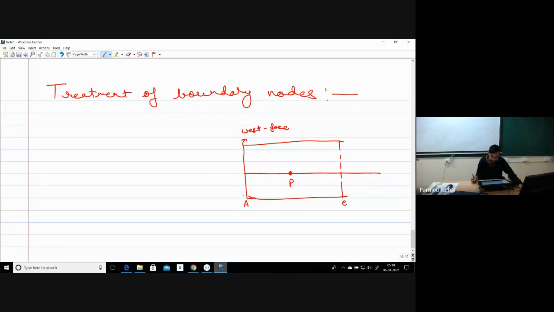Now what will be happening over here? Say my boundary condition is Dirichlet type, it is already given that at this point the value of phi is equal to A. So how will I estimate the value of fluxes at the east face and the west face? Can you tell me how I can estimate? I have to estimate the value of phi at point E and at point W. How can I estimate these values?